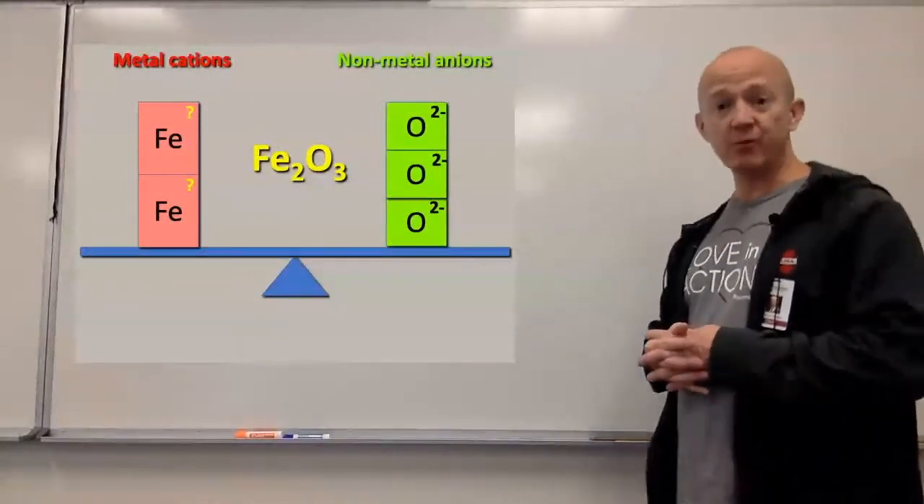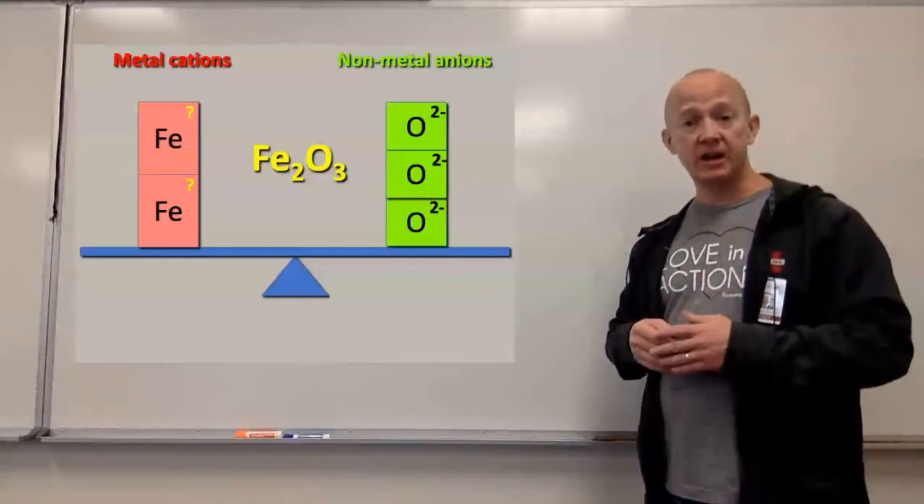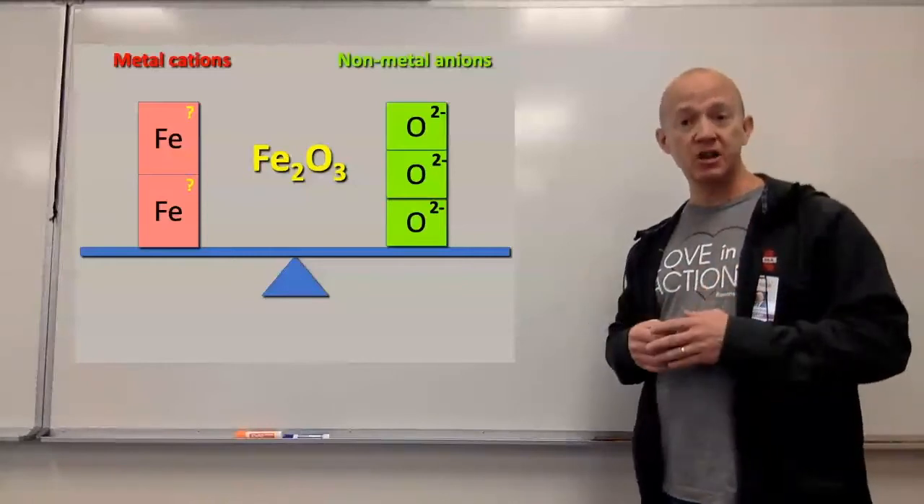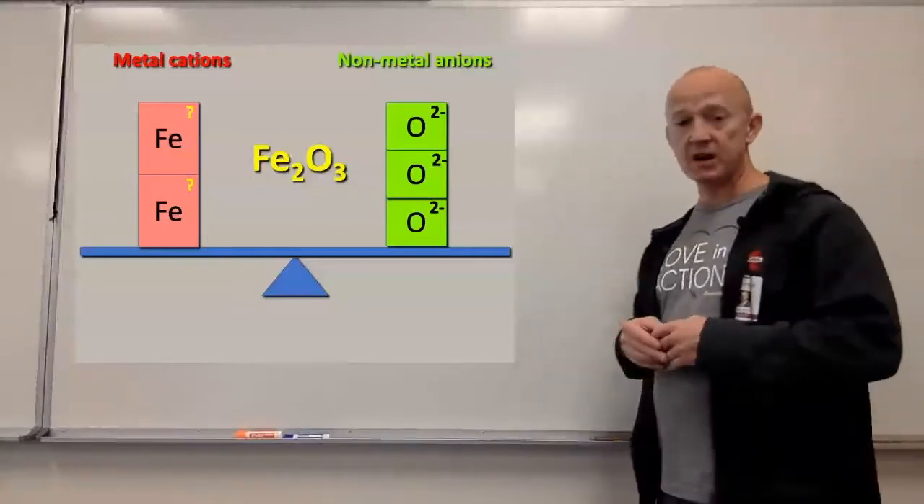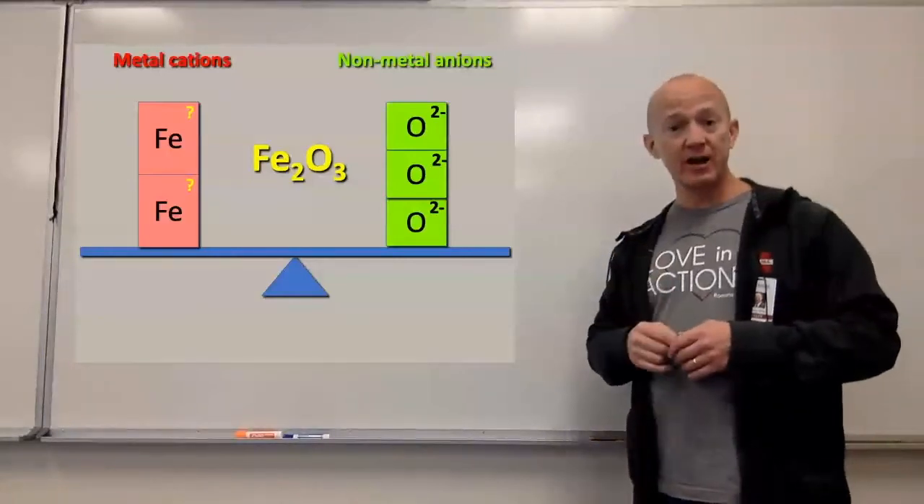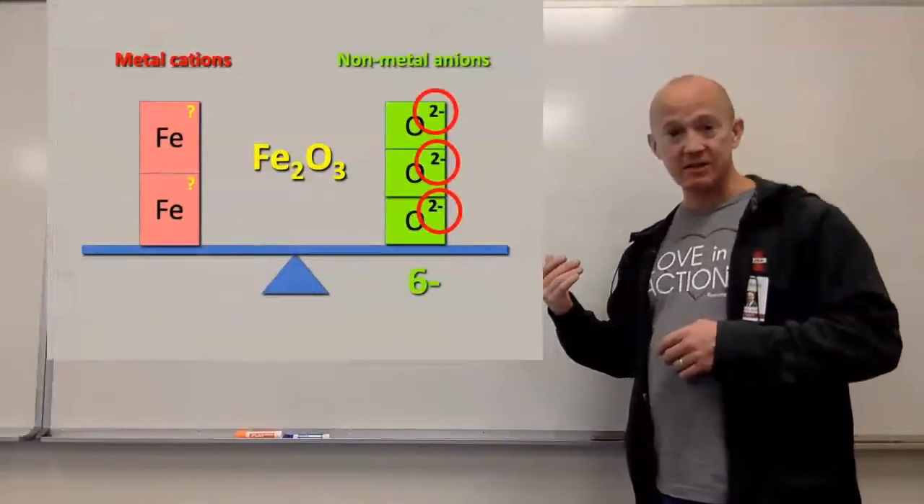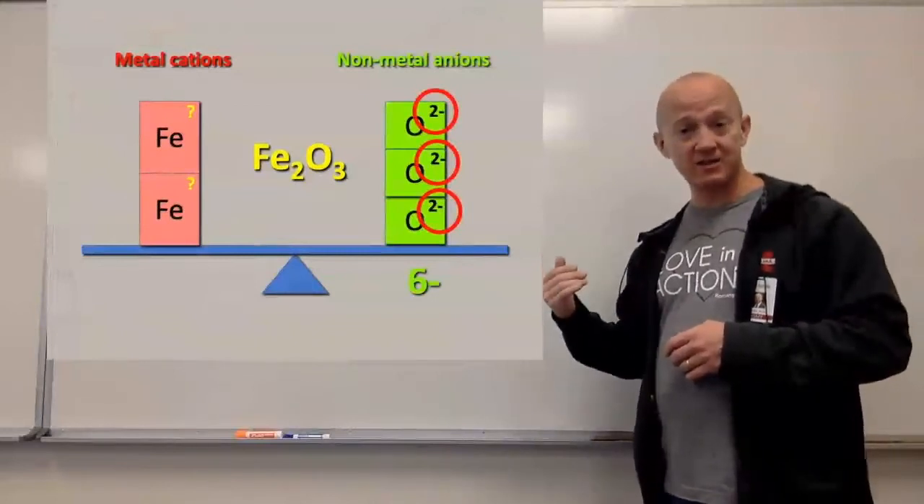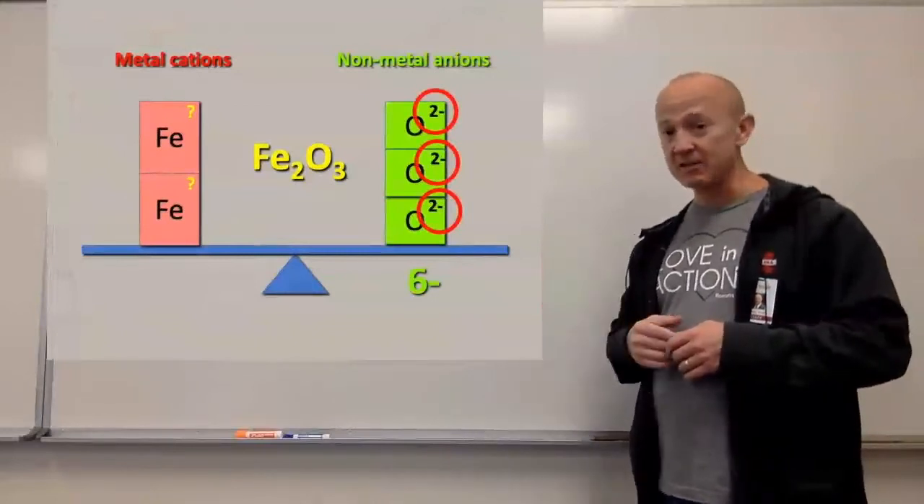Let's use our teeter-totter once again. We know we have 3 oxides, right? With a -2 charge each. So we'll put those on the right side of our teeter-totter. And on the left side, we know that we have 2 iron ions. So if the right side of the teeter-totter is -6, that means the left side has to